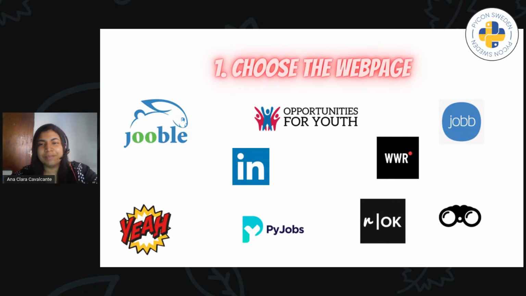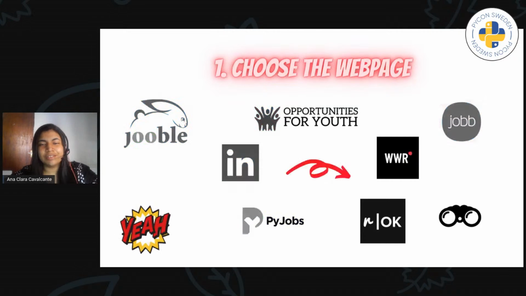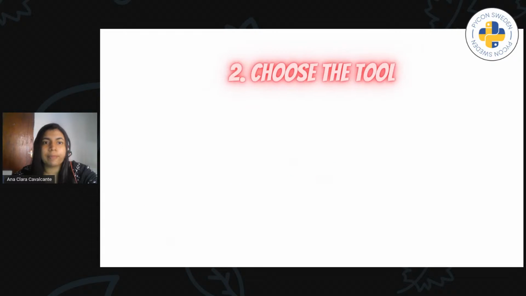I tried to find a few websites with this purpose for Sweden as well, but yeah, I chose to work today with two that are in English, but are also for remote work, so we can be anywhere in the world and still make use of the job posts there. The two websites are We Work Remotely and remoteok.io.